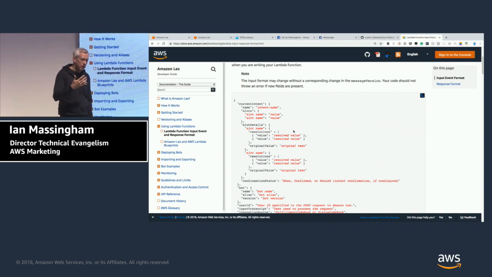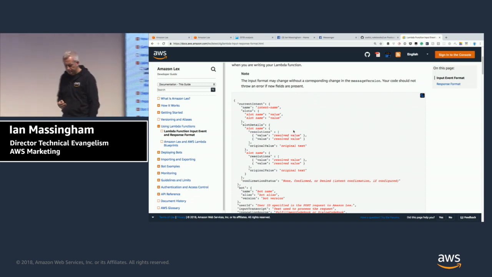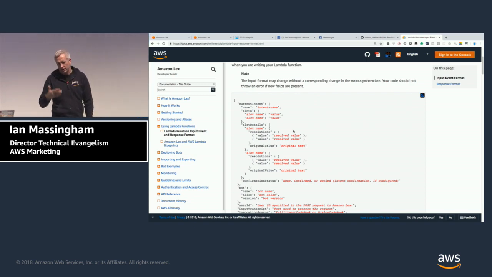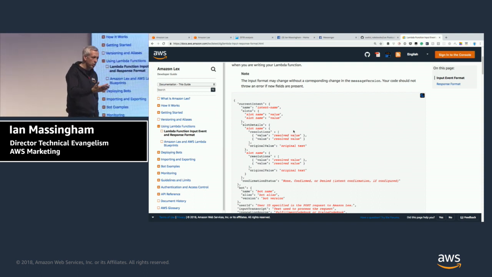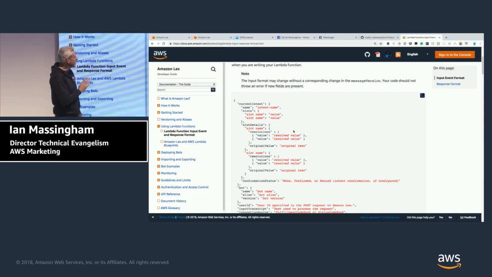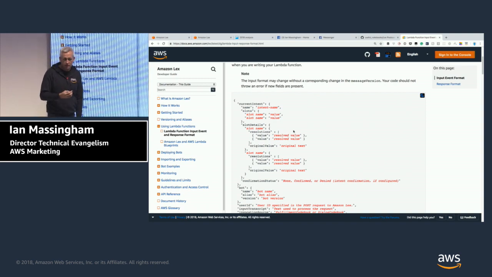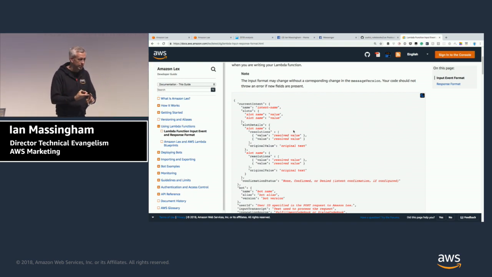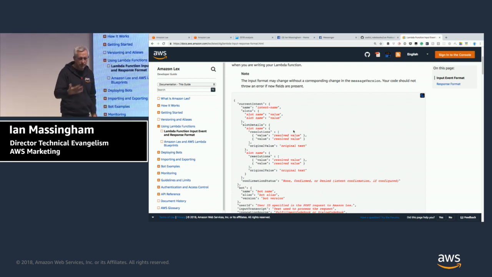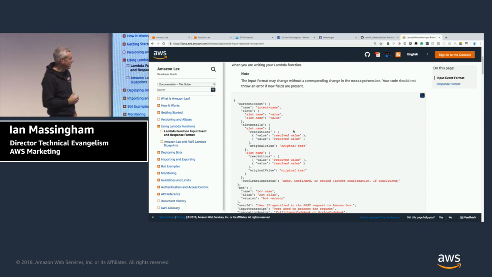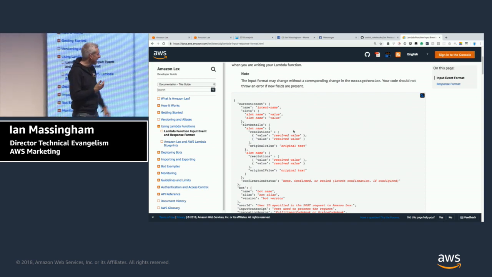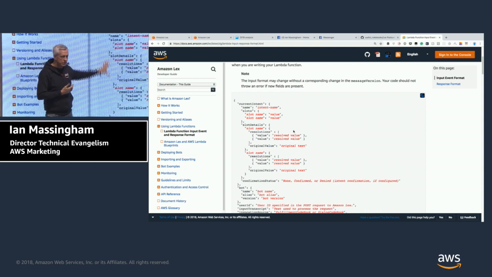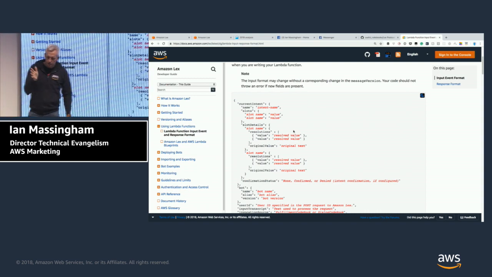So you can write code, deploy it within AWS Lambda, but then other AWS services can invoke that code or invoke those functions, okay? In this particular case, when we invoke our Lambda function, we're going to pass in a fixed format document that reflects the current state of the Lex chatbot session. What do we know? What slots are populated? What's the session ID? What's the conversational state? Are we eliciting a slot, or are we trying to fulfill this intent?